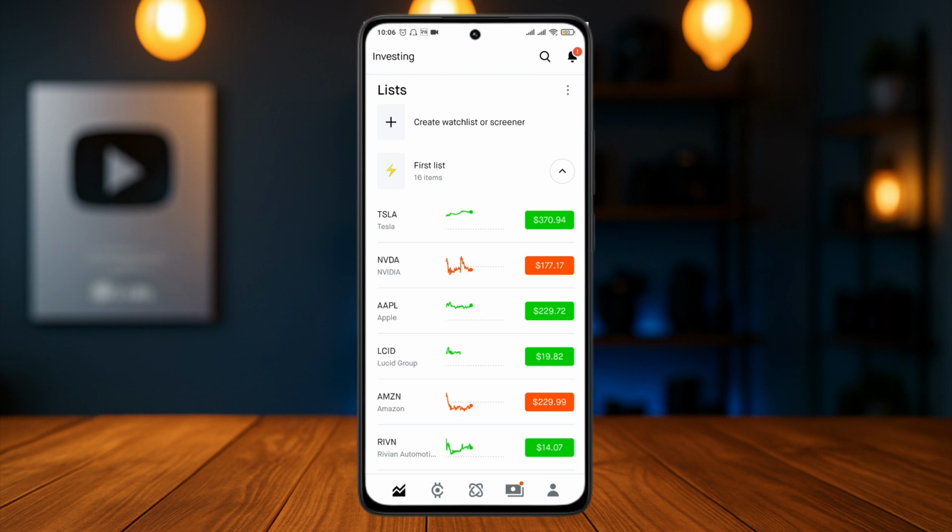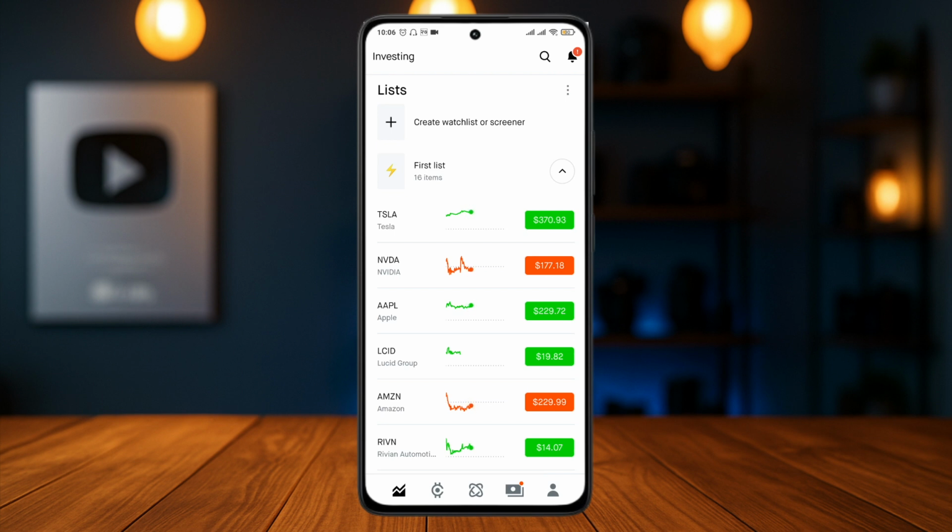Today I'll show you how to set price alerts in Robinhood. If you don't want to look at the stock charts all day long, and if you want to know when a particular level triggers and that you immediately get notified when it does, let me show you the steps to do that. So for this, open up the app or the website of Robinhood and then make sure to log